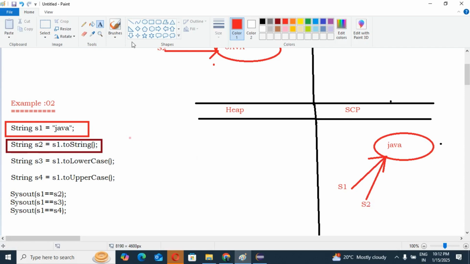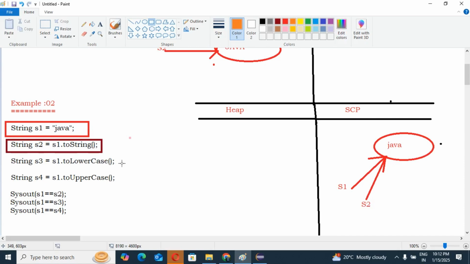Guys, see. Now we move to our third object, right? Please be concentrated. This time you can see String s3 equals s1.toLowerCase().